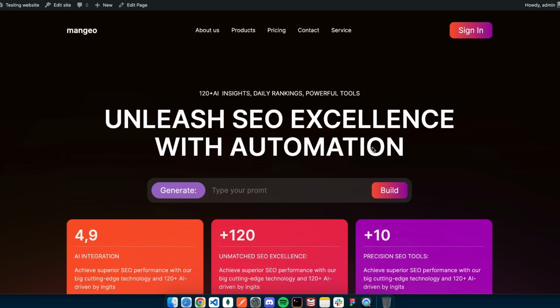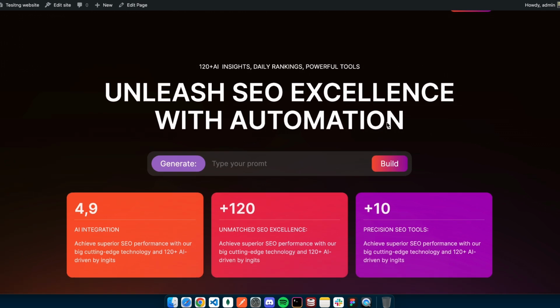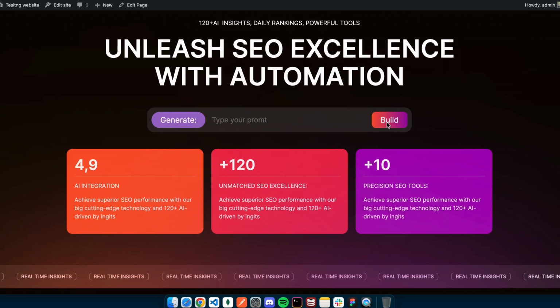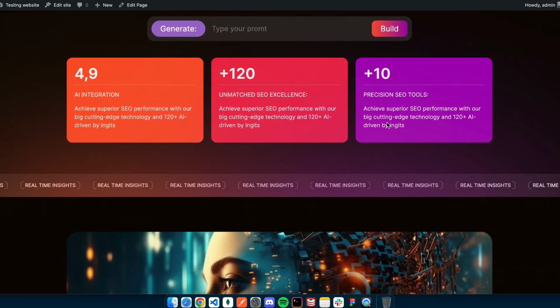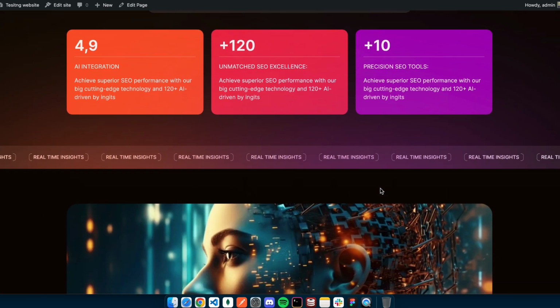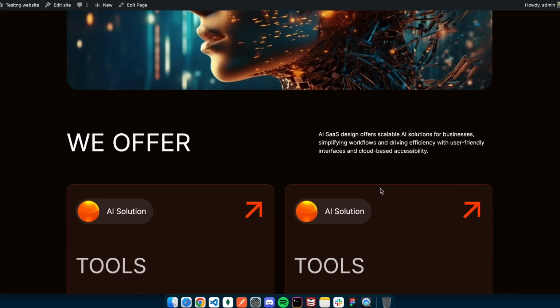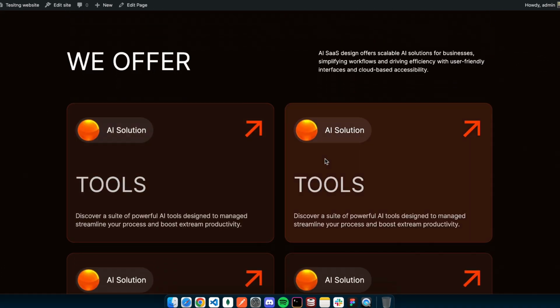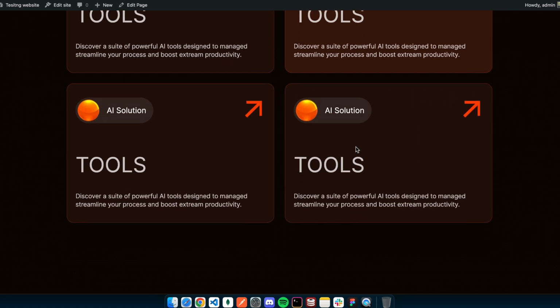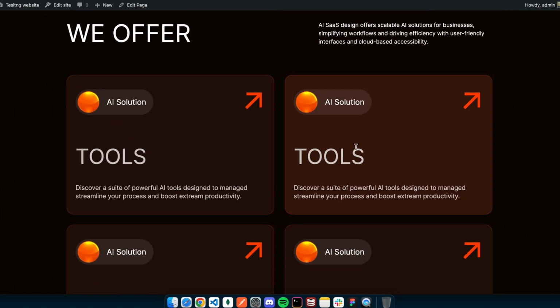In the last video, I created a header section using Droip. In this tutorial, you will learn how to create a client part with an endless loop, and also how to create a service section with a hover effect like this one. So let's get started with this brand new video in this